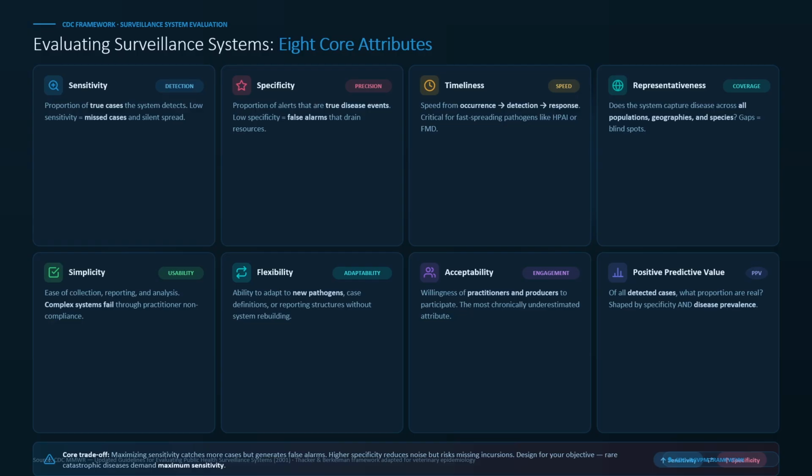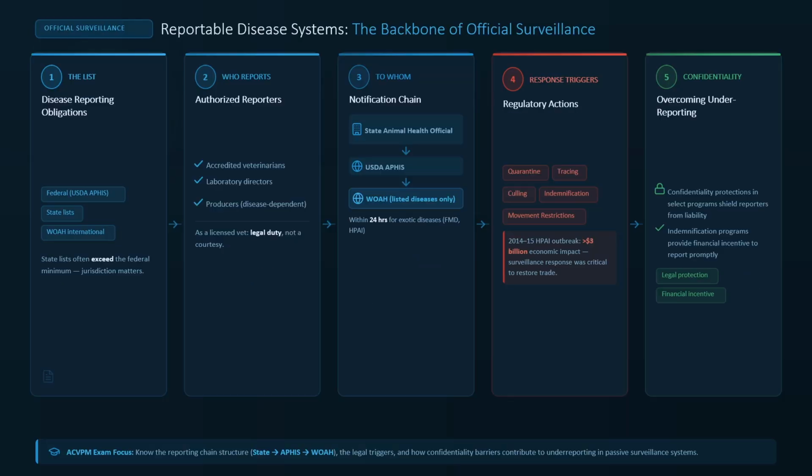Now that we have our evaluation framework, let's shift to the major programs operating in veterinary surveillance, starting at the international level with WOA and the globally notifiable disease list. Let's zoom out to the international level. The World Organization for Animal Health, known as WOA, formerly the OIE, is the intergovernmental organization responsible for improving animal health globally. One of WOA's most critical functions is maintaining the international list of notifiable diseases, diseases that have the